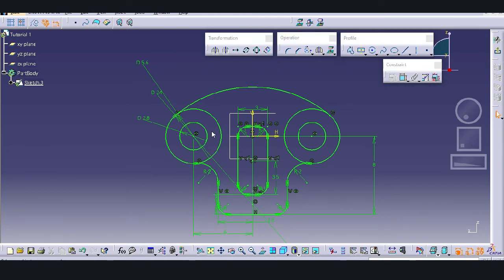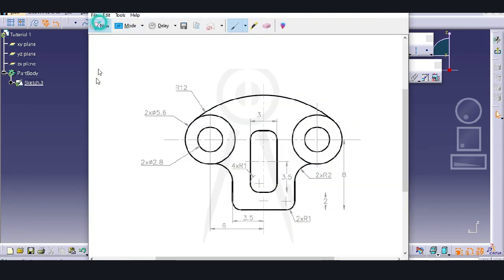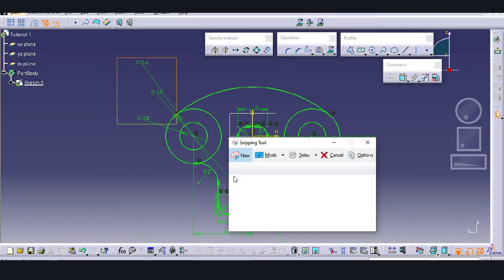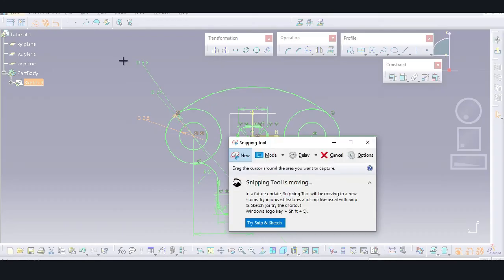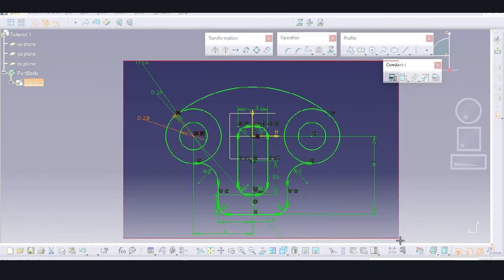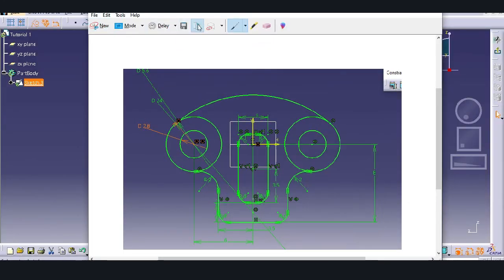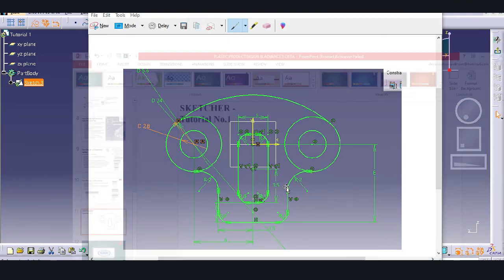So let's compare with the 2D. Let's take a snap here for comparison, and we will put this into the PPT.